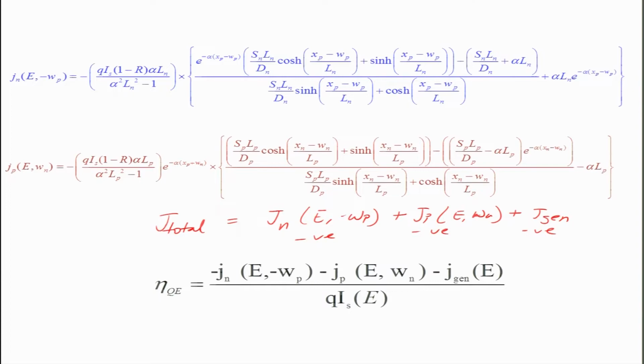So the total current of this device is negative: minus of Jn E minus Wp plus minus of Jp E Wn. If you want to convert this, you need to integrate this over the whole energy range, and this should also be integrated over the whole energy range,